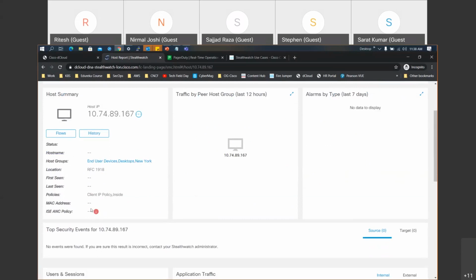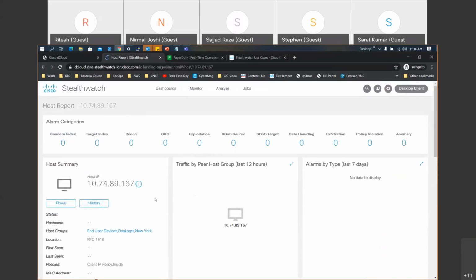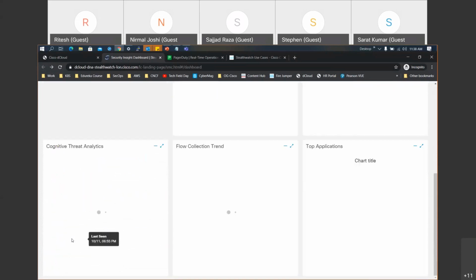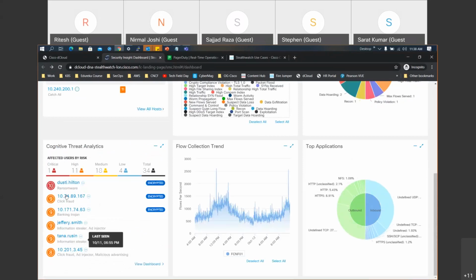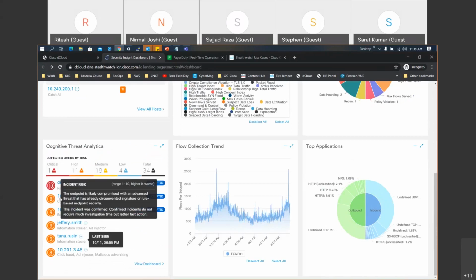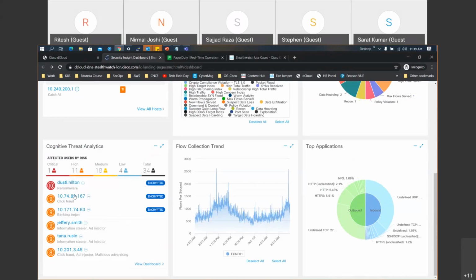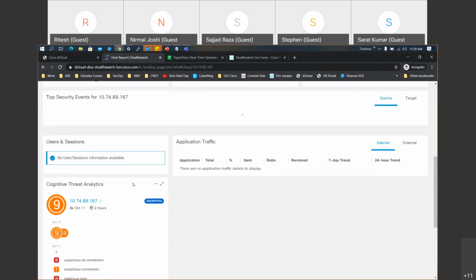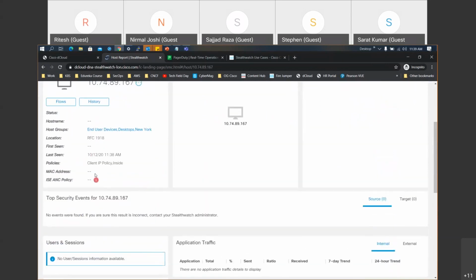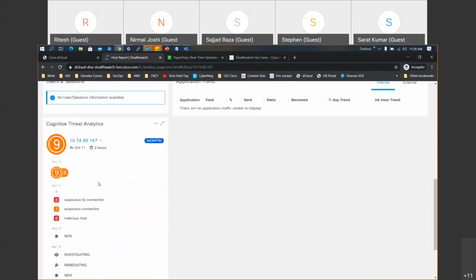Although this is a demo environment and maybe there are some issues with the ISE integration, when ISE is integrated, you will be able to see two options here, quarantine and unquarantine, which means that since Cognitive Threat Analytics has given you a verdict of a suspicious rating of 9 to this particular host, this definitely has a malware present in it. Now, when you go inside this host, you can select quarantine from here and then isolate that machine so that that click fraud malware does not spread from your environment to the other.